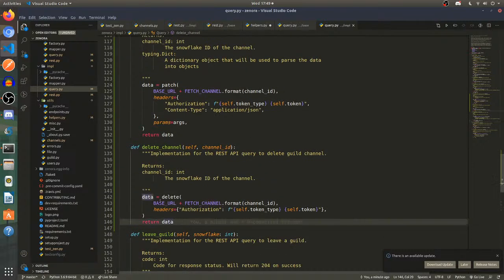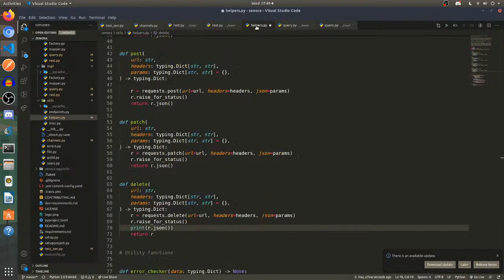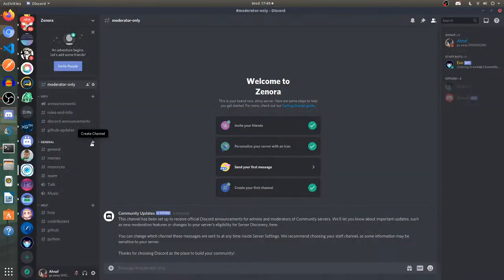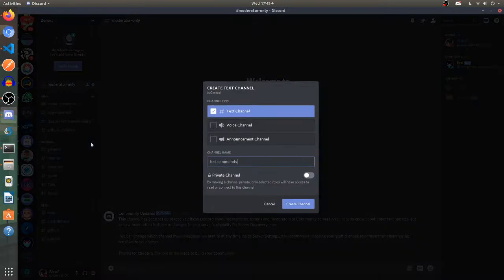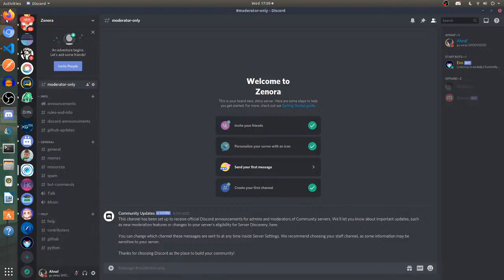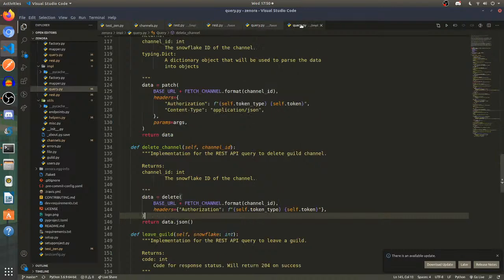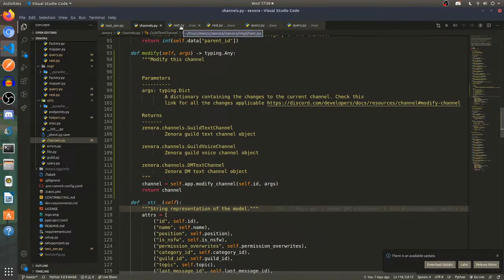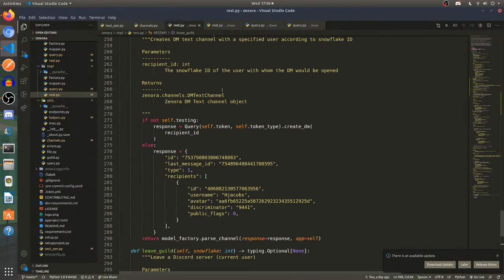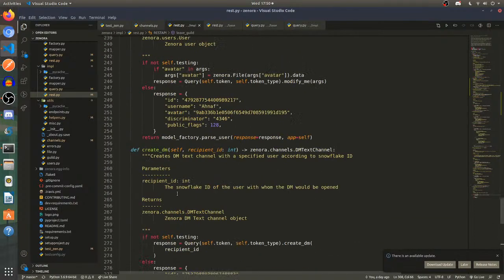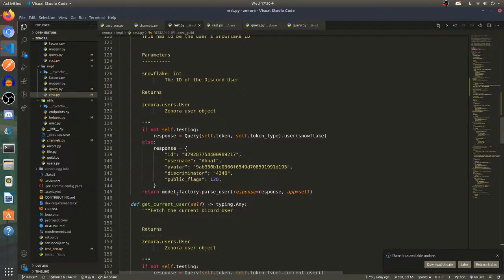If I have delete channel and return r.json, helpers.py, r.json is working. Bot commands channel again. Copy the ID. It should be returning the data.channel. So rest. Let's go to the delete channel.